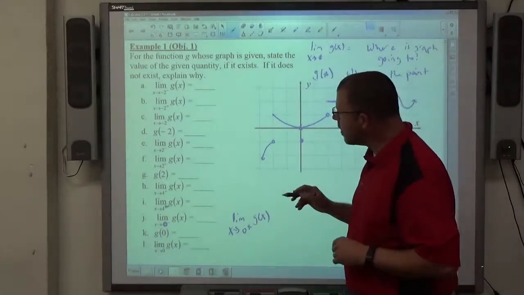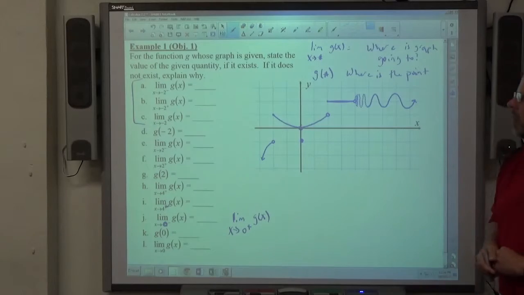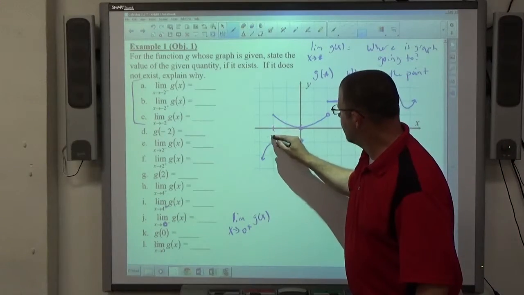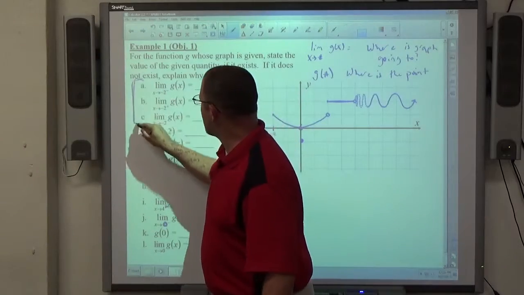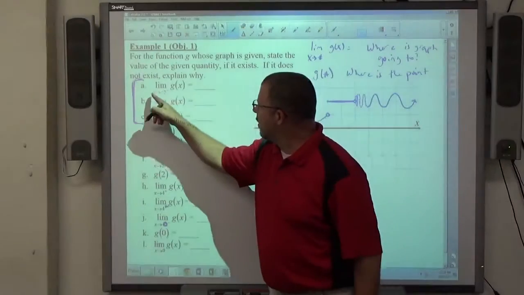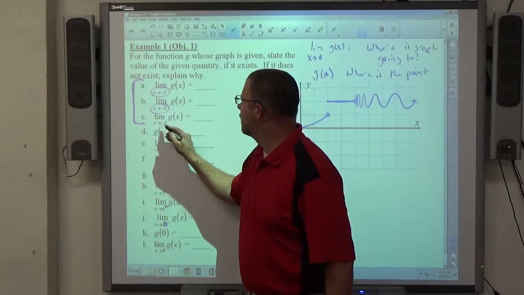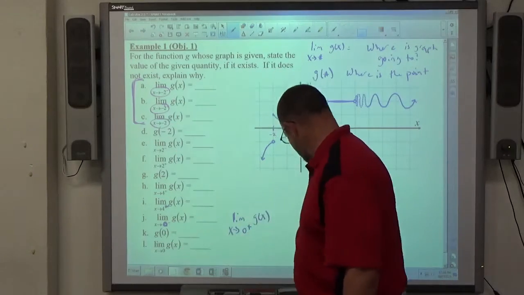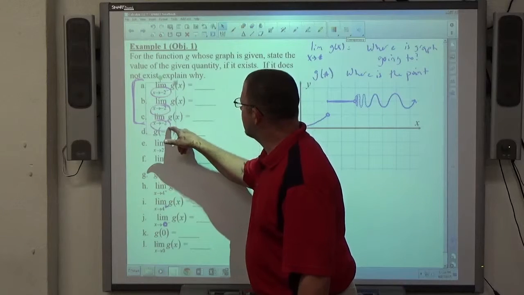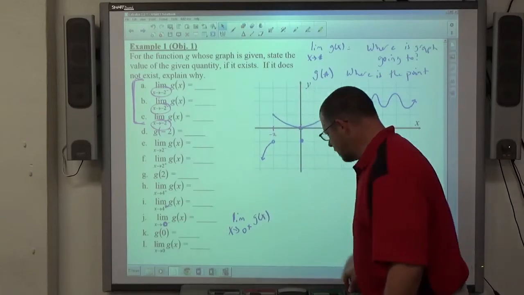All right, so the first three kind of have to do with each other. They all involve -2, x approaching -2. So -2 is right here. And the limit expressions here, x is approaching -2 minus, x is approaching -2 plus, x is approaching -2. All right. The difference in those statements is